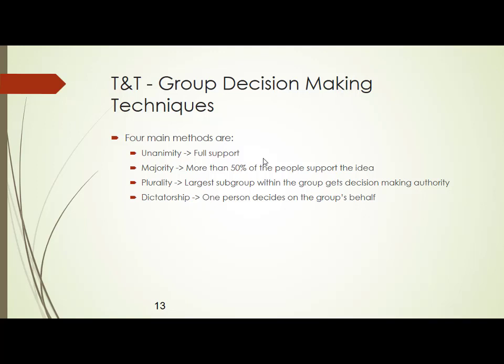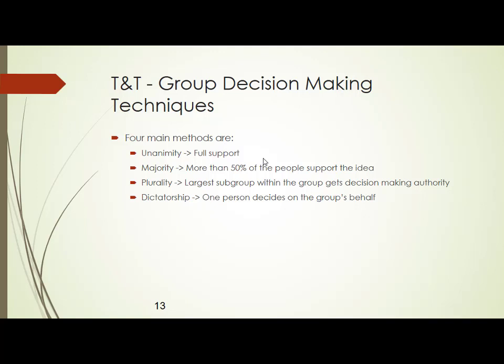So all these concepts, whether it is unanimity, majority, plurality or dictatorship, come into the picture only when we have to make a decision. Sometimes after getting the requirements from the stakeholders, we have to prioritize them, what to do first, what to do next. At that time you are getting stuck. So at that point we can make use of these decision making techniques in order to prioritize our requirements. What requirement we should do first and what next. To do that we can think of unanimity, majority, plurality and dictatorship.